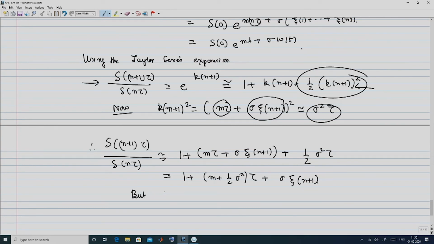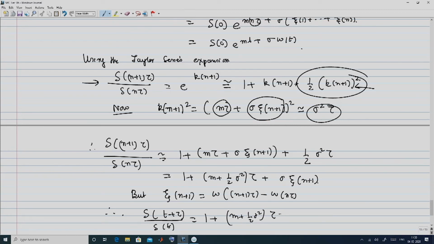But recall that by definition xi n plus 1 is w of n plus 1 of tau minus w of n tau. So, therefore, n plus 1 tau is nothing but t plus tau, and S of t plus tau over S of t is going to be 1 plus m plus half sigma square tau plus sigma into w of t plus tau